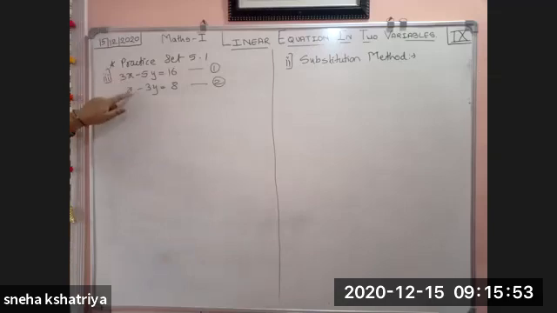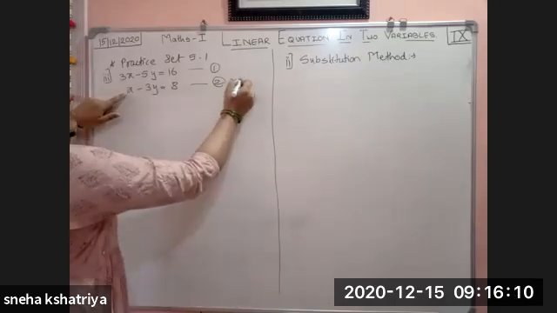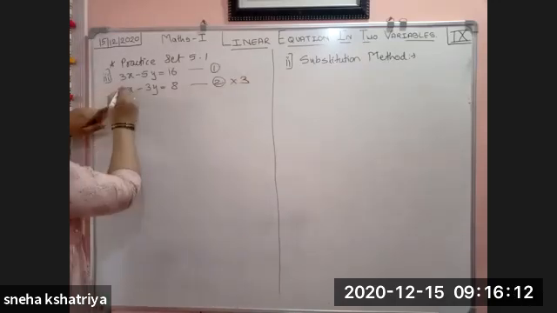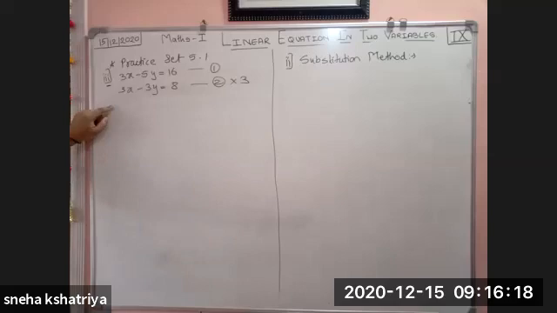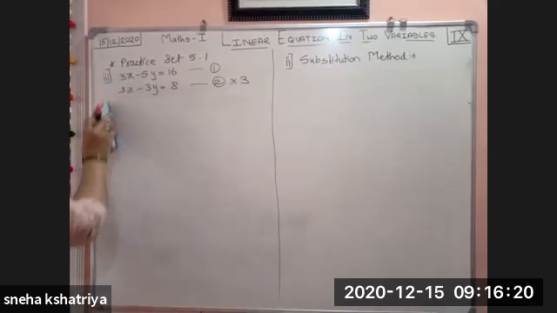See here, x is the same, y is the same. But in y, here 5 and here 3 is there, so it becomes harder to solve. So this one is easy: to eliminate x it is easy, because x is multiplied by 3 here and nothing is there. So if we multiply equation 2 by 3, here 3x will come. And the same signs are there, so if we subtract them, your signs will be changed. So it will become easy for us to solve.